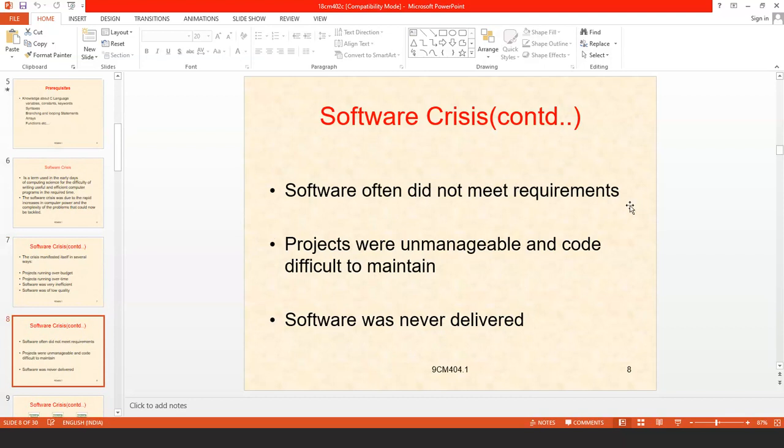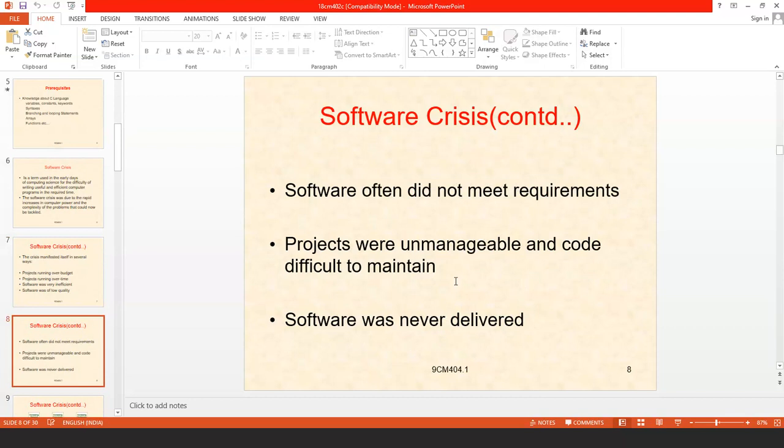At the time of scratch, we think about the main requirements of that particular software, which may not be met at the end of developing it. And projects were unmanageable and so difficult to maintain.